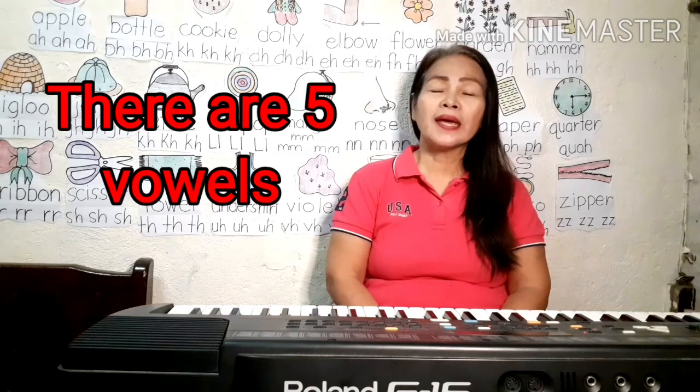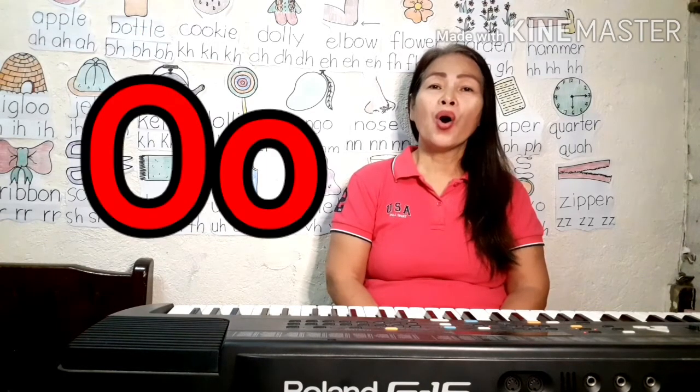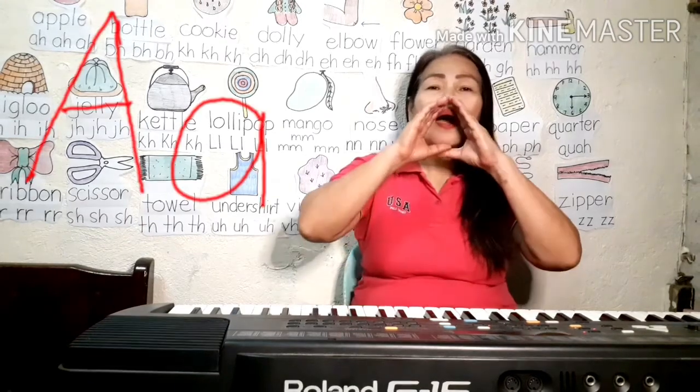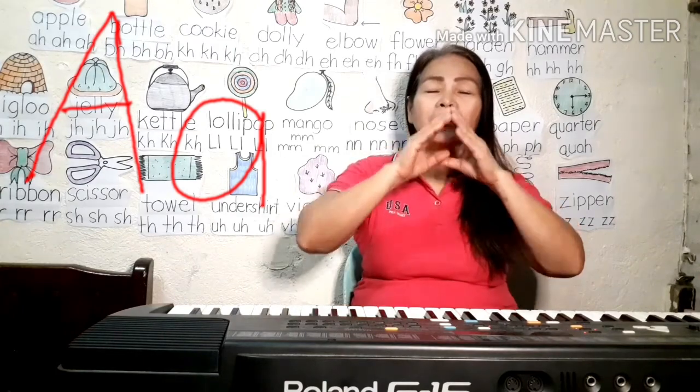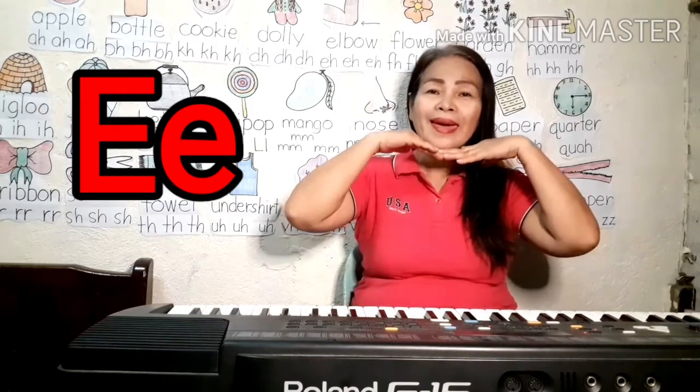Let's review first our previous lesson. There are 5 vowels in the English alphabet. Those are A, E, I, O, U. The short vowel sounds are A, E, I,